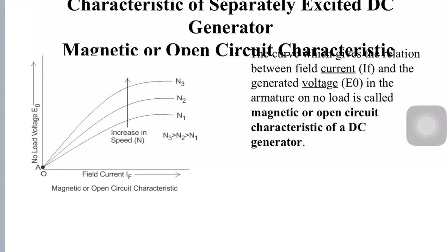So in the previous classes we have seen the expressions for voltage, what is the generated EMF, and how we will calculate the EMF generated in the different types of DC generators. So now we will see the characteristics, that is how it behaves with respect to field current changes or with respect to the generated EMF, with respect to the armature current. How the generator behaves, that we can study by means of the characteristics.